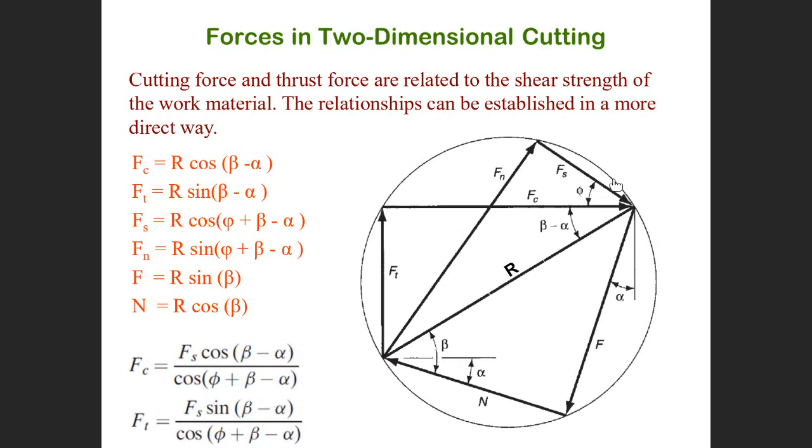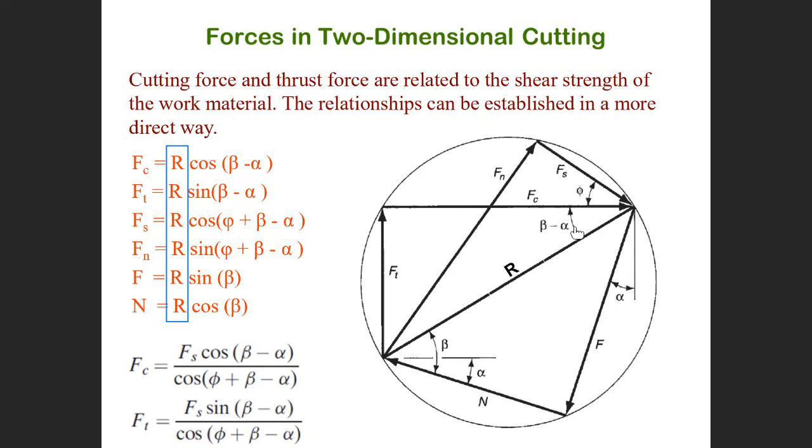Okay, let me tell you again. This is the Fc, this is the Ft, this is the Fs and Fn, this is the force F, and this is the normal, and those are the angles, right? Listen to me, guys. Start one by one. You obtain all forces as a function of R. Can you see that? All forces as a function of R. Then Fc equals what? Equals R